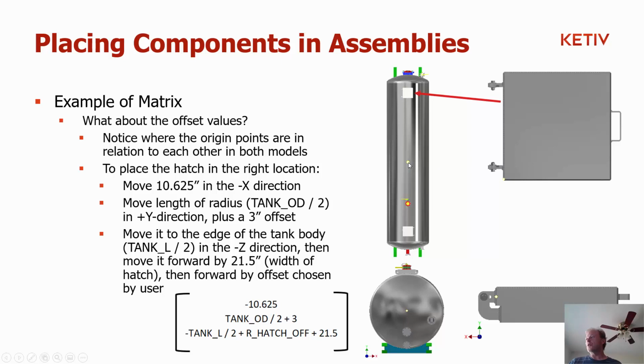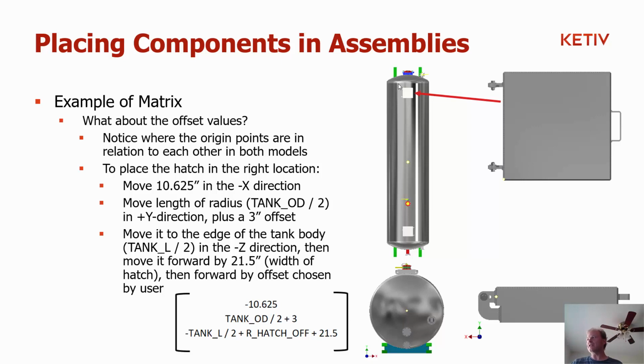So that would move it over this way and lift it up to the top, but we would still be near the center of our tank, not out here where we need to be. So the last part is in the Z direction, and remember I said this is the negative Z direction. The length of our tank divided by 2 will bring us half the distance, which will put us right here at the end of the parts of our tank that have the shell plates, not including